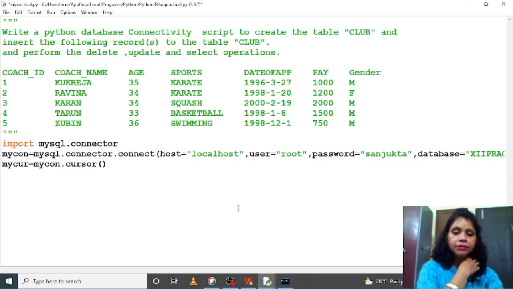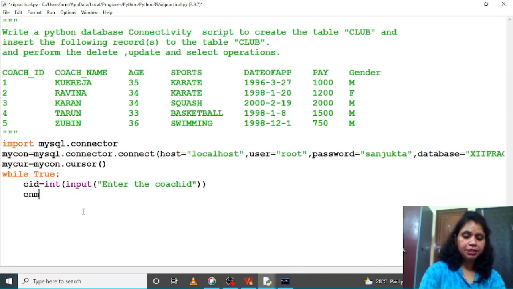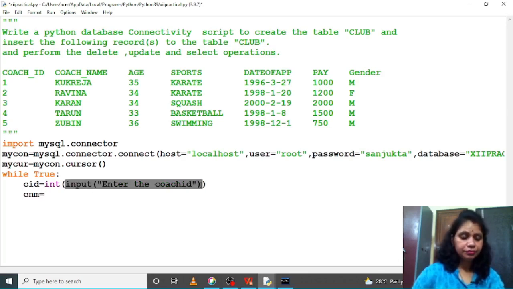Now, if you want to insert multiple rows, then just continue one loop, while loop, right. Then here the values you can ask from the user and you can use the insert command. For example, suppose coach ID equal to, here it is integer type, so int input, enter the coach ID, right. This is the Python statement. Similarly, coach name, cname equal to input, enter the coach name,